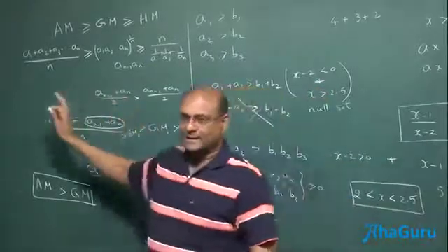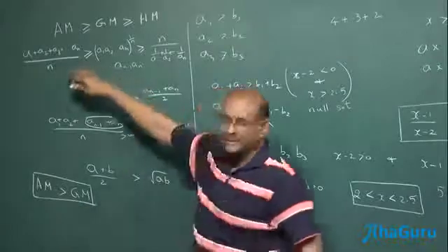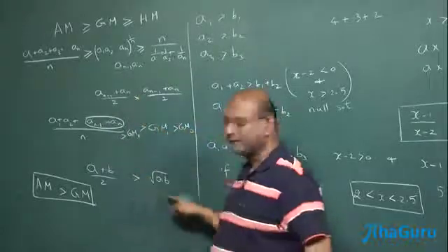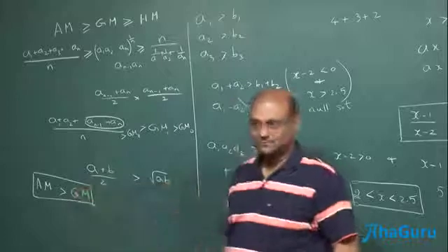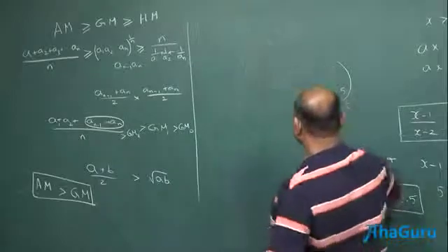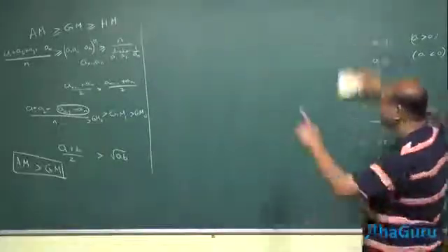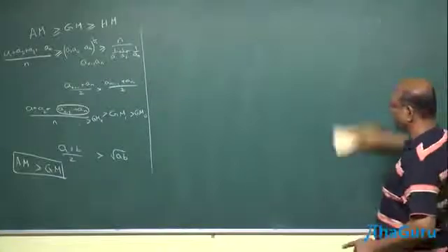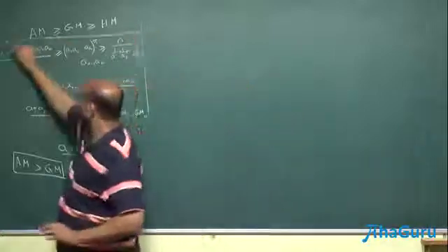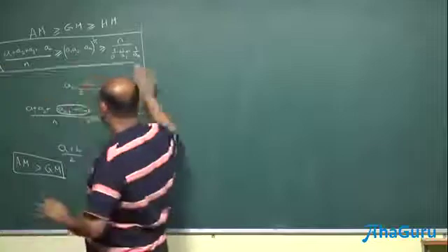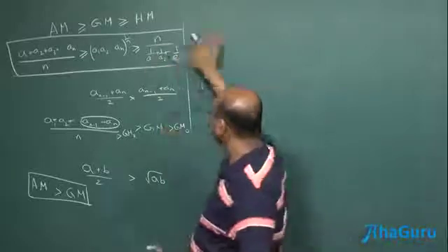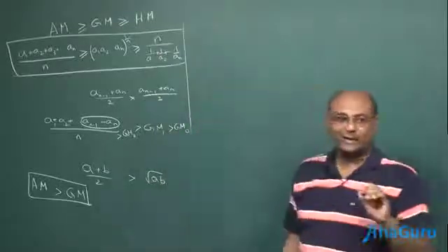Of course you can also prove this directly, which I am not going to do, by writing it step by step. Maybe you can even start with what is the 2, where is the 2 thing? Here. And you can continue to build on top of this. But what I want you to keep in mind is that arithmetic mean greater than or equal to geometric mean is a very, very useful and fundamental idea that we will use in many problems. I'm not going to prove this, but I'm going to ask you to use this a lot. We have proved it one way. There are many other ways in which you can prove it, but I'm not going to do that. And I'm not going to prove this side either. Instead, let us look at applications of this.